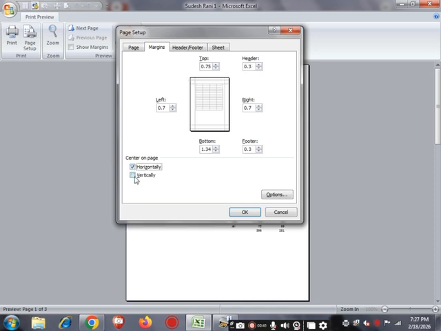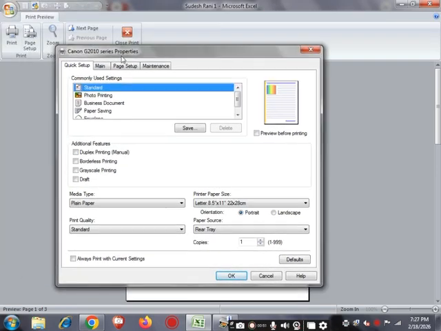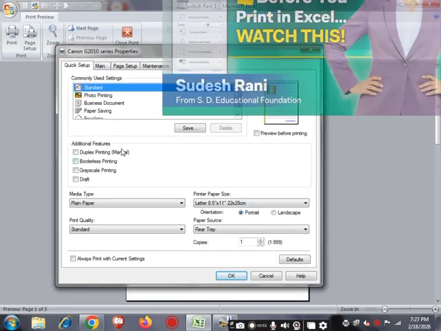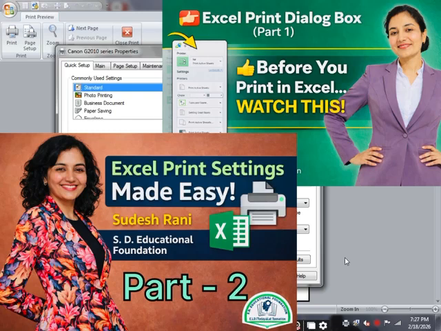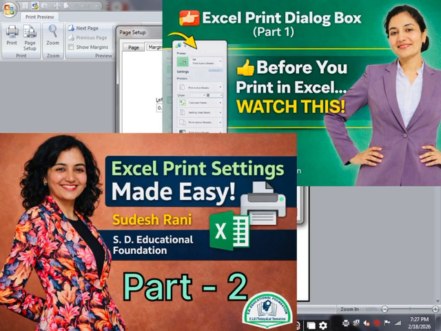If you want to see the page horizontally, you can use the horizontal and vertical buttons at the same time, and you can also use just one. Next is the option. This dialog box will open, which we have already discussed in part 1 and 2. To understand this dialog box, see part 1 and 2. All tabs we have discussed properly.